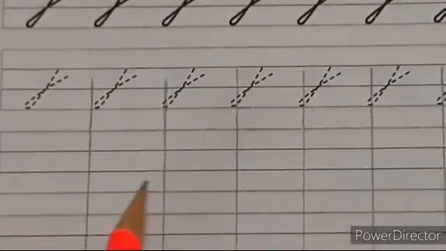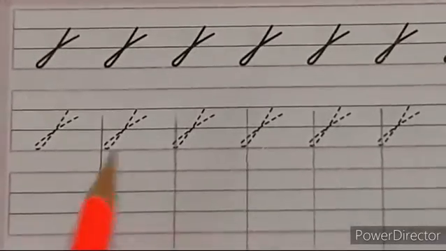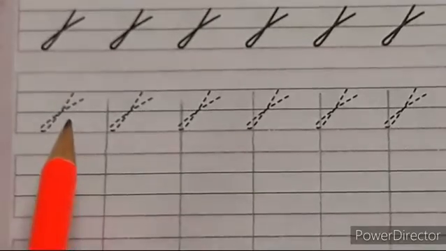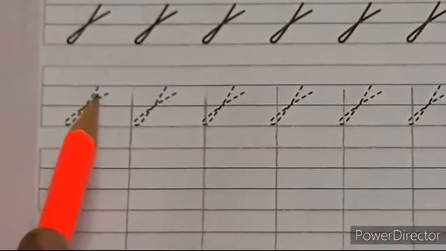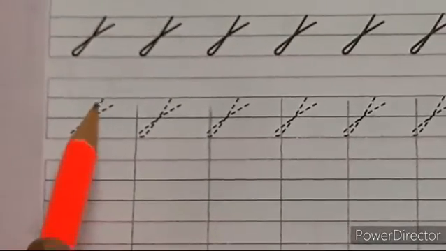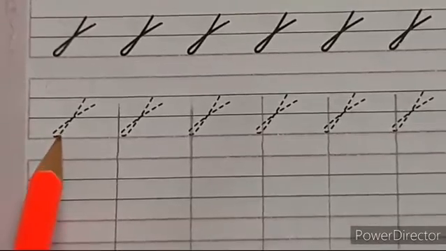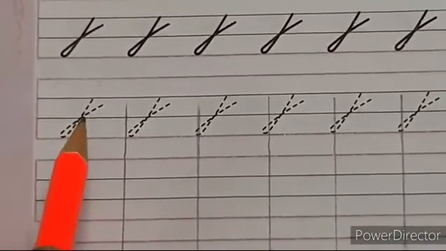Children, look at this stroke. First you have to draw the lines like this. In each stroke you have to draw the line in between the strokes, then only you can write in a line. So look at me. First you have to do the tracing. This tracing you have to start from the second line and touch the fourth line. Again there is a fold here. You have to bend here and go above. So this is the touching point.